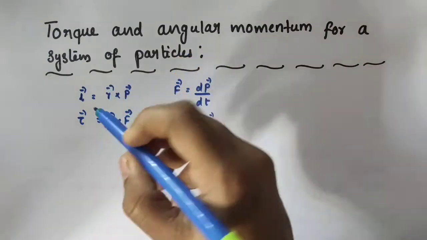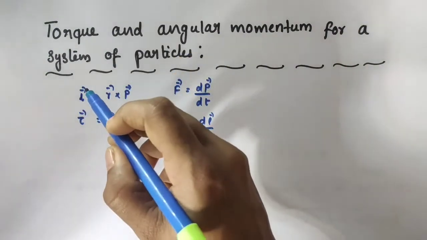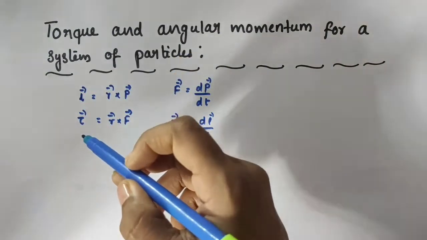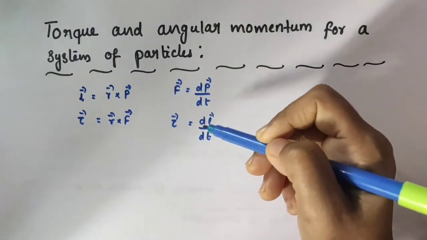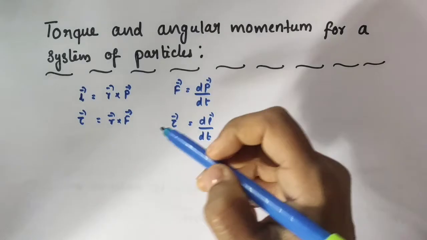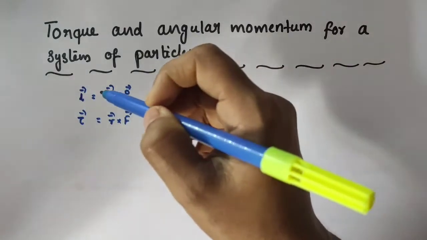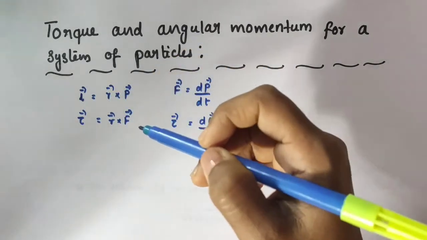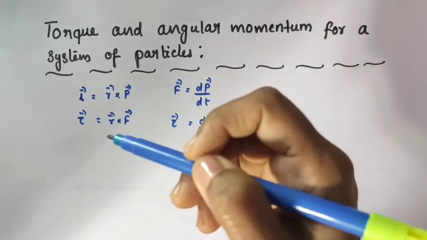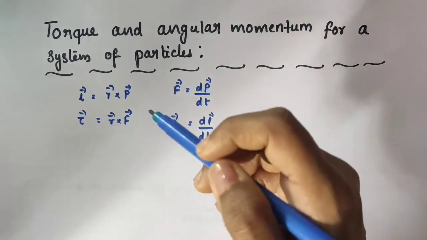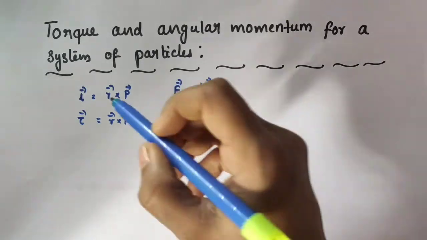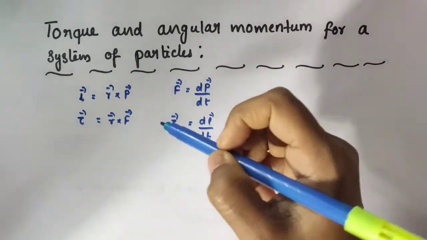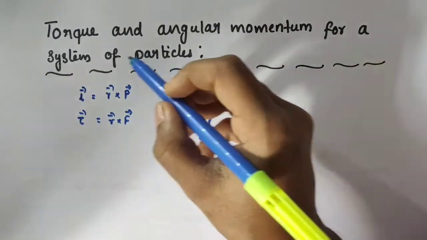Okay, so all these equations are for the angular momentum of a single particle and the torque on a single particle, in terms of momentum and angular momentum. So we have discussed torque and angular momentum for a single particle so far. Now let us see what changes there will be in these equations if we consider the case of a